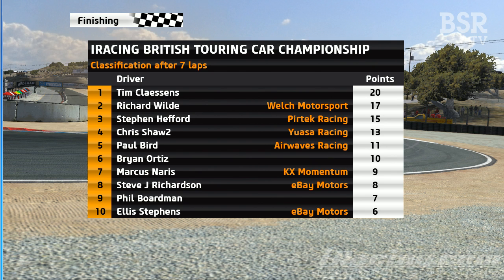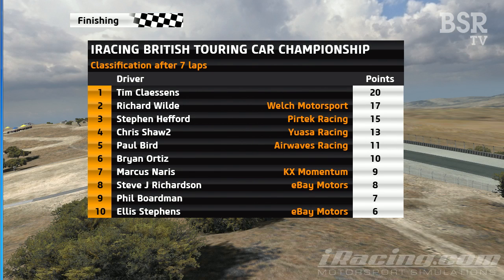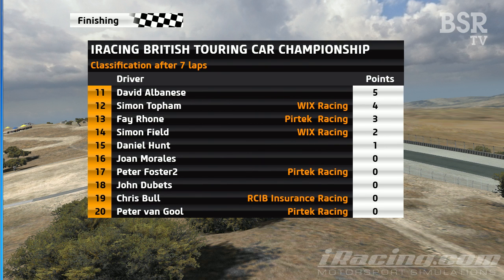Ellis Stevens and Brian Ortiz coming together from the 2nd and 3rd position on the penultimate lap there. And that gave 2nd place to, we thought it would be Stephen Hefford, who was overtaken on the last corner, or the corner before last, by Richard Wilde to take the 2nd place. Shaw 4th, Paul Bird 5th, Ortiz comes home 6th, Naris 7th, Richardson 8th, 9th is Boardman, 10th is Stevens, David